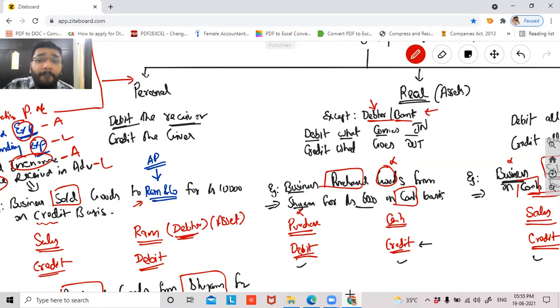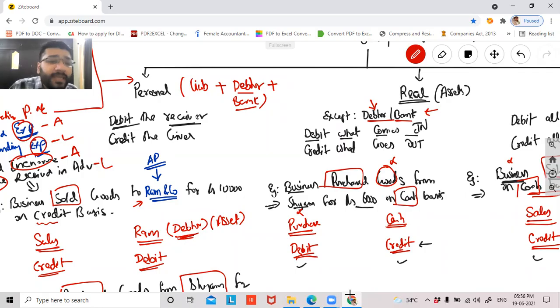Bank, guys, runs in a specific form and body, and law has given that bank will be called an artificial person. That is the reason we have excluded bank from the real account and included it in the personal account. So personal account means something which belongs to liability plus debtor plus bank, because debtor and bank can be artificial persons and debtor can also be a natural person. That is why we're looking up to the personal golden rule.